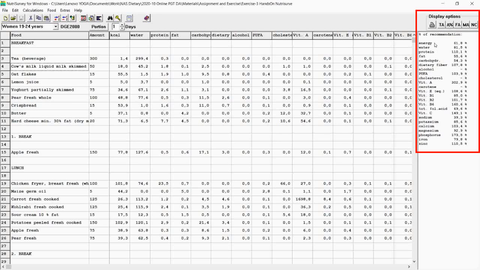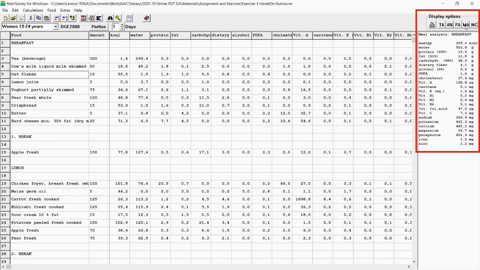For example, based on the dietary data, the energy can fulfill 61.8% of the recommendation. If we click FA, or food analysis, it shows us the analysis for each food. For example, we click oat flake, and it shows that oat flake per 100 grams contributes 370 kilocalories and so on.